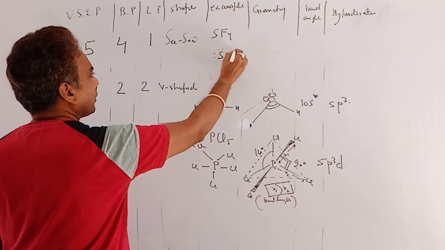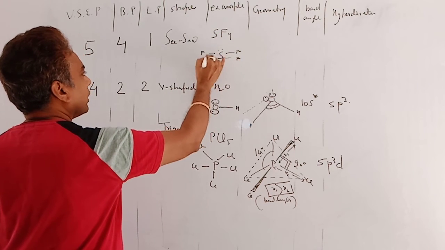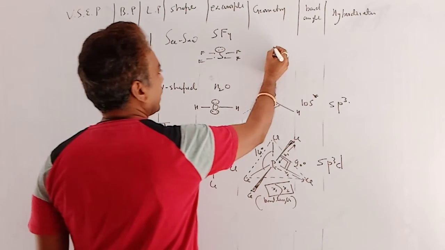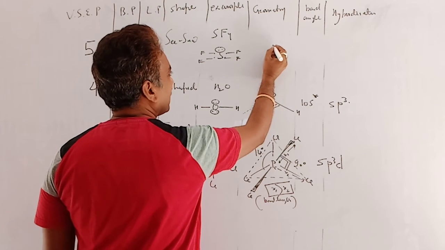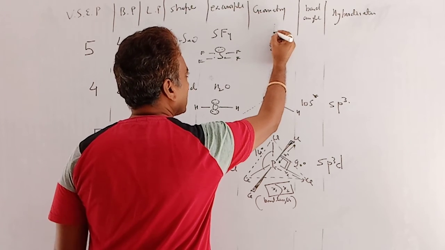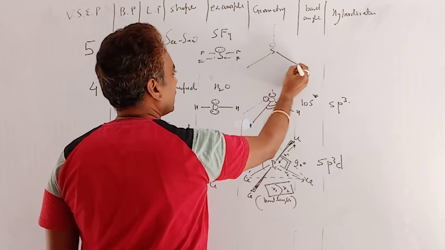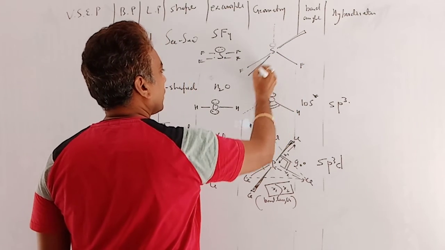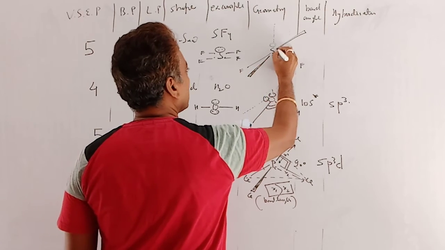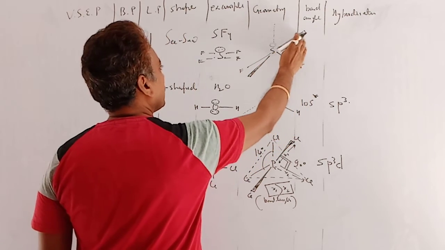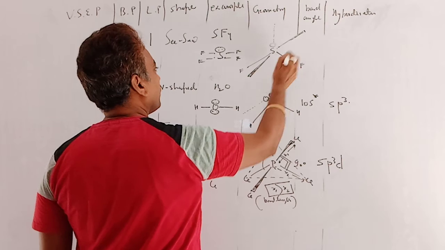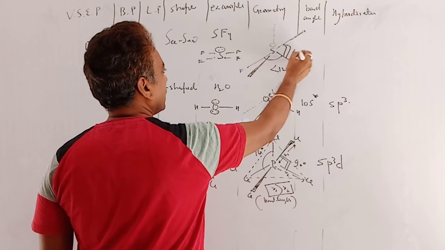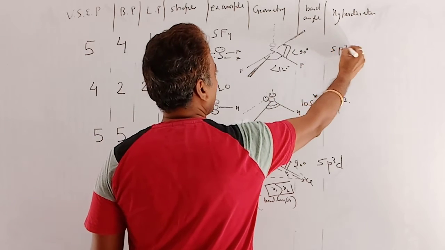Sulfur contains 6 electrons in which 4 are shared with fluorine. So 1 acts as lone pair and 4 are bond pair. So here sulfur is placed at the center of the triangle, 1 lone pair is at one side of the triangle and the left 2 fluorines. One fluorine is outward to the plane, another is downward to the plane like this. And due to the repulsion of lone pair, here bond angle is less than 120 degree and also less than 90. Hybridization sp3d.